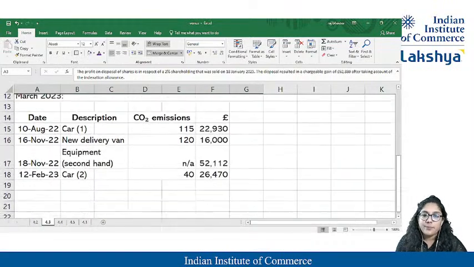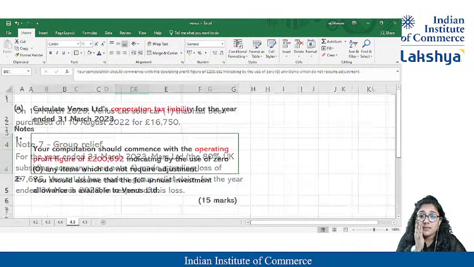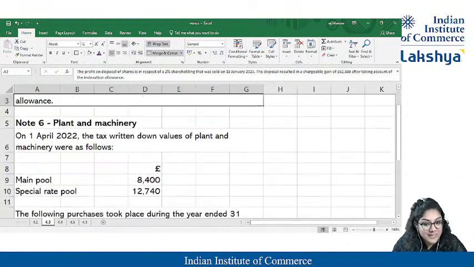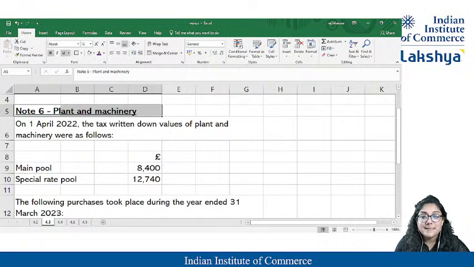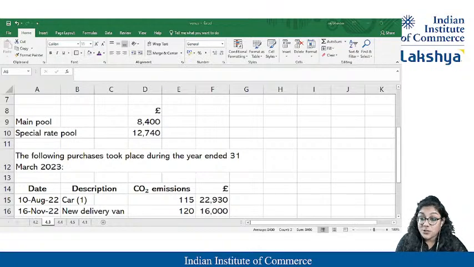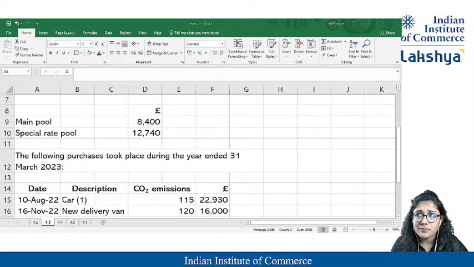Students, now comes the important concept. Now comes, oh my god, ma'am, so much things are given. Still there is so much things. Still two notes which I have not explained. That becomes important. Note 6, plant and machinery. In plant and machinery, they have bifurcated main pool and special pool. You will again not trust that, students. This calculation of capital allowances and depreciation in this question is the main crux which is going to take like 5 marks.